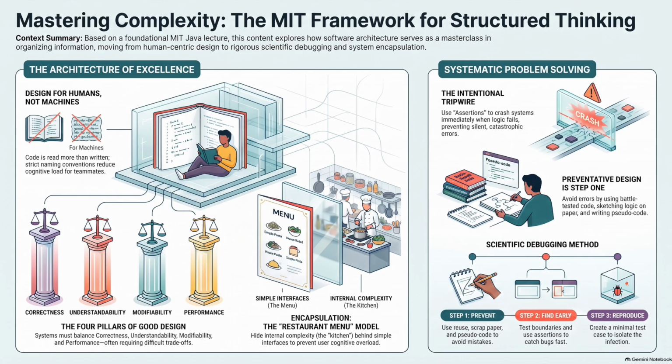Once you swallow your pride, though, and hypothesize that your perfect variable might be broken, you move to step 5. Collect information. You need a way to peer inside the black box while it's running to see if your hypothesis is true. So what's the tool for that? The lecture highlights a very foundational Java command here, printing to the standard output, system.out.println.